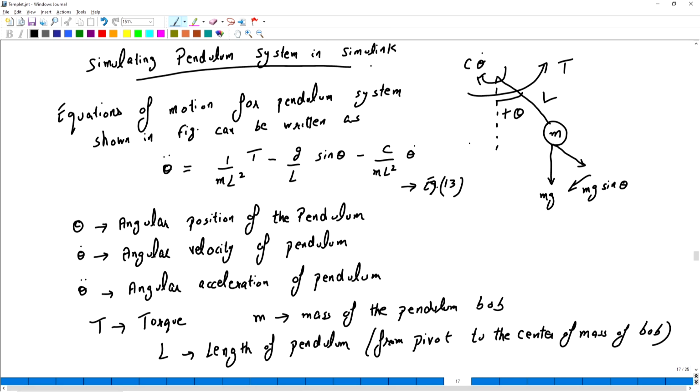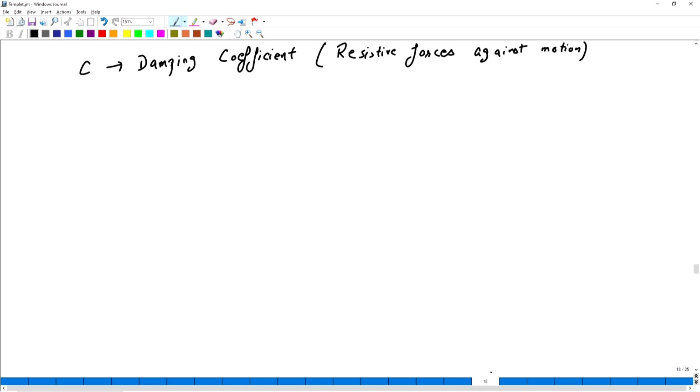So again, I am not going into how this equation has arrived. That is not the intent of this course. So we'll simulate this pendulum motion using different methodologies. First, we'll try with a MATLAB function.